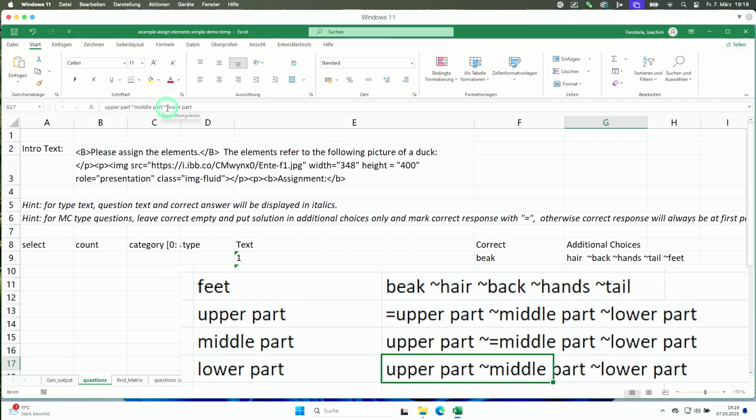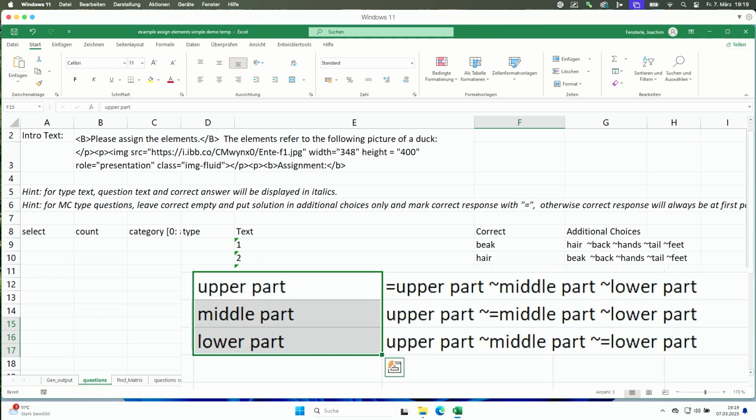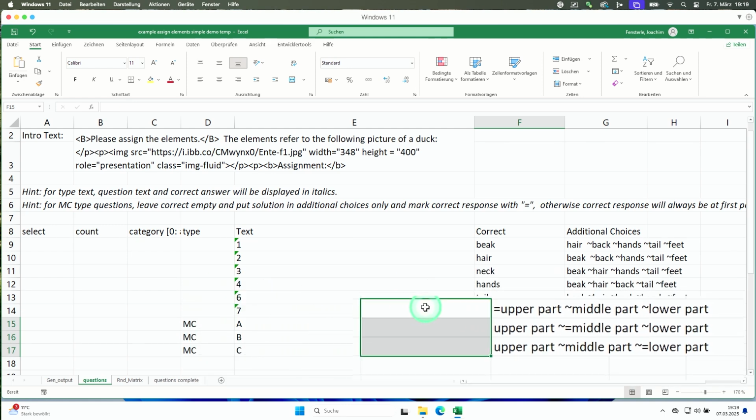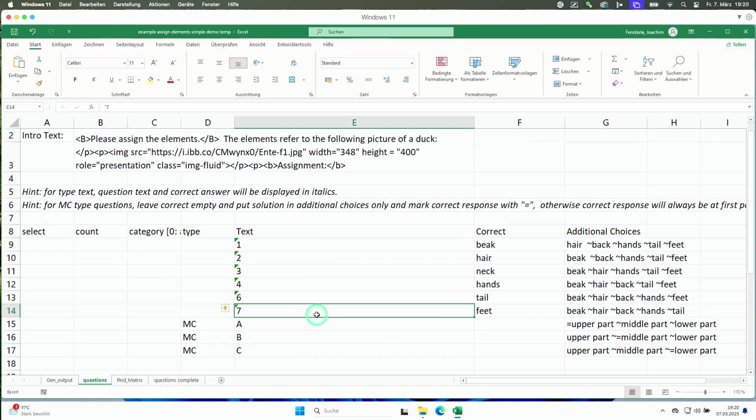And here lower part is correct. I put an equal sign here. And now I delete this correct. And then it will use this one. If there is nothing here, it will use the complete stuff here. However, you will then need to annotate what is correct. So you just need to add the equal sign. So it's also described here in the hint. So now we have all the